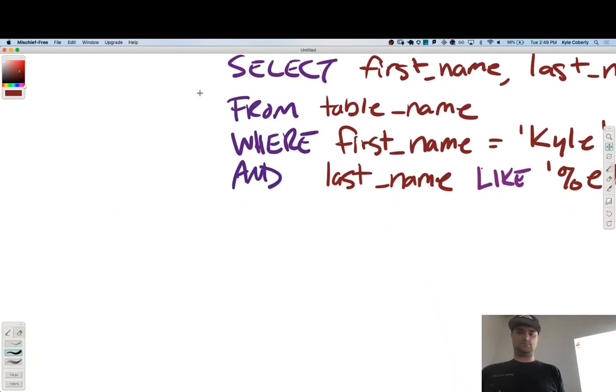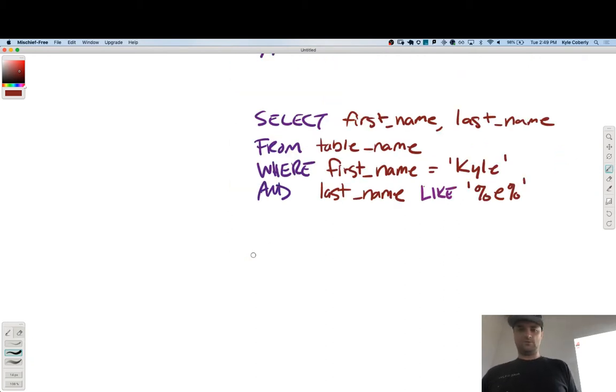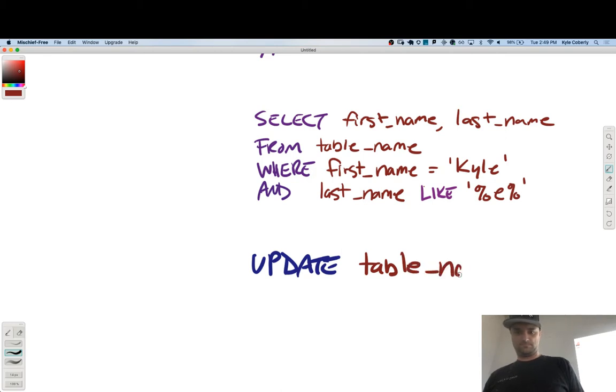Updating. Somebody tell me the syntax for updating. Update the table name. Set column name equal to set value. Yep. And then leave notes up where. In fact, you generally should. So update table name, set, and we can say first name